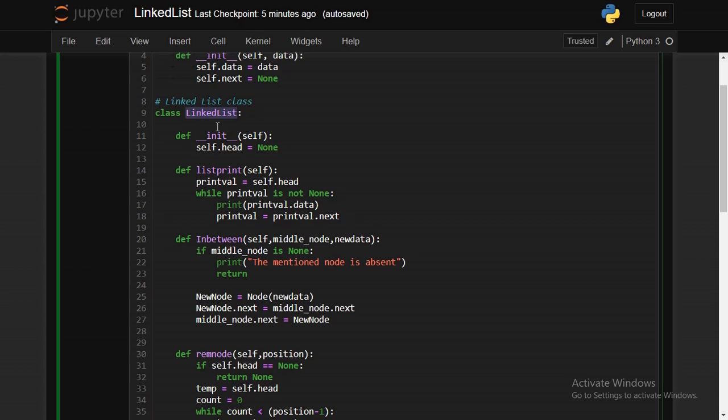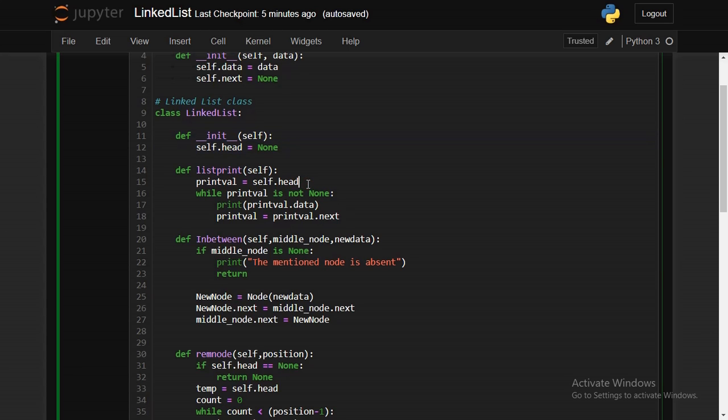Okay, this is how a linked list class looks like. Init is initialize. I like explaining a lot about how a linked list works rather than explaining what init is, what self is and all. Please refer to the object oriented part of Python. Here I initialize the head node. I told you, right, there will be a head node which will point to the first memory location or first data in the linked list. So I am initializing the head to None. That means it's a null linked list. The linked list contains no data, no nodes. So this is the classic definition of a linked list.